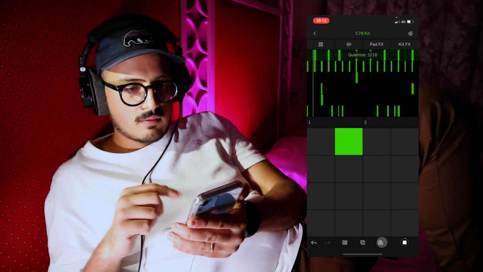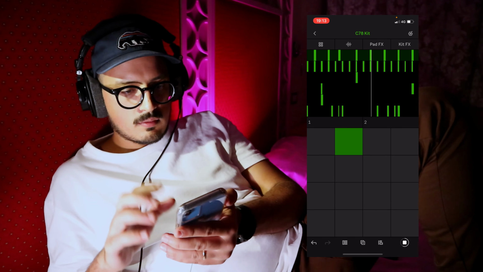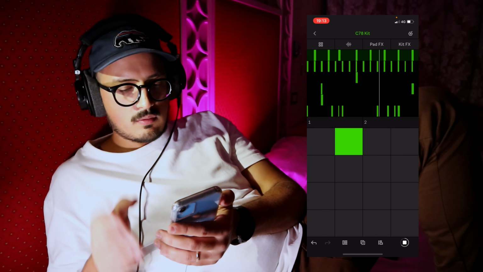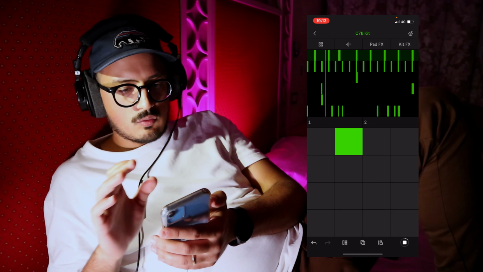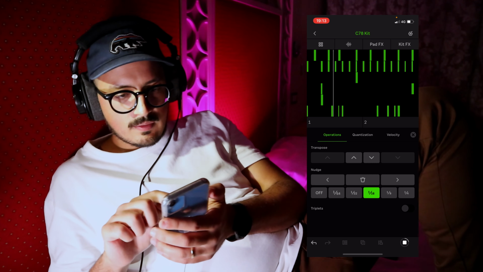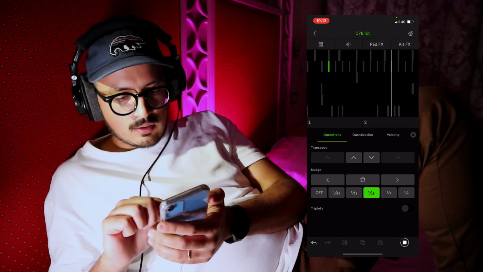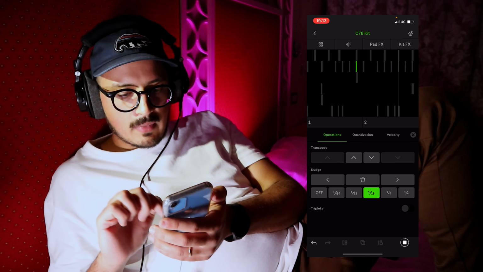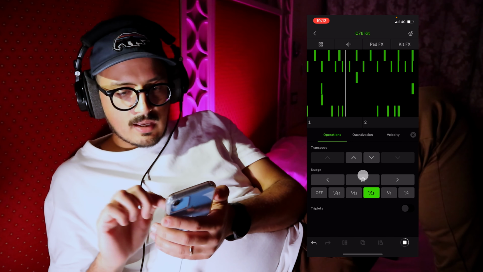I'm gonna add again. Cool, and you can go in here and actually delete some of these, as you can see, because I'm planning on actually making the closed hat and open hat